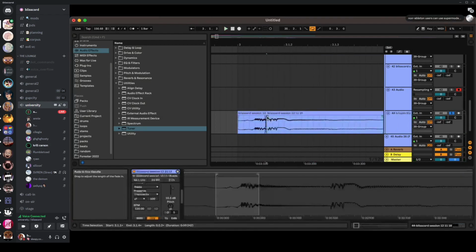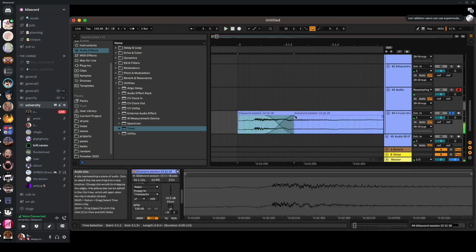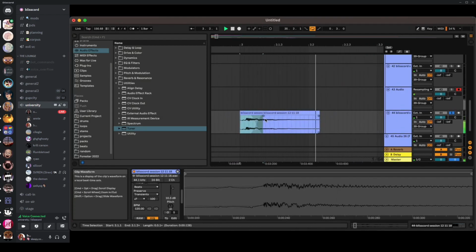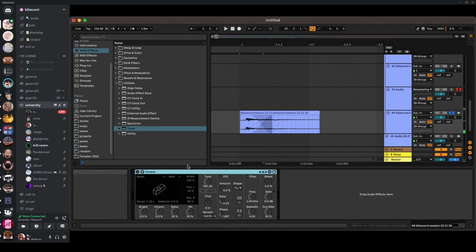Yeah, that makes sense, I could say that's similar, because Corpus is somewhat of a comb filter. Yeah, something like that. It basically models different